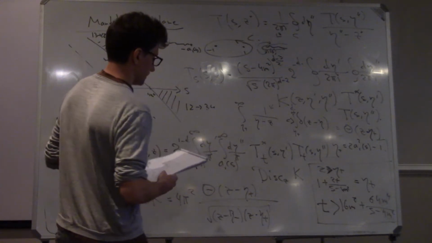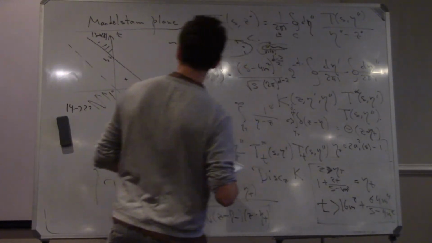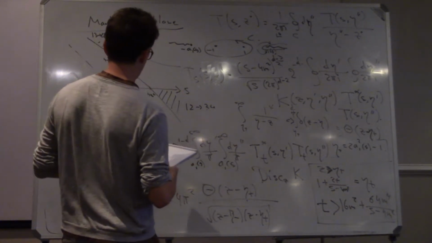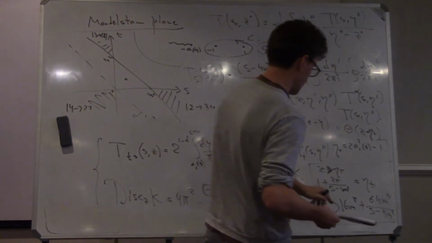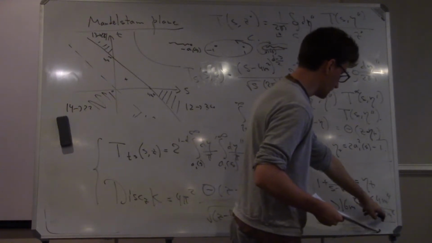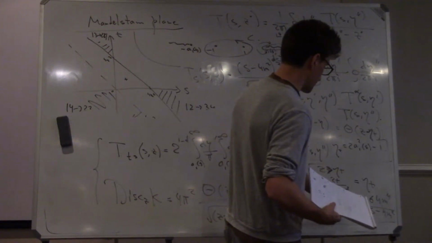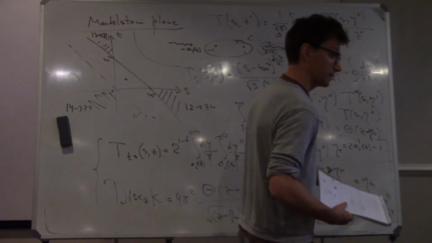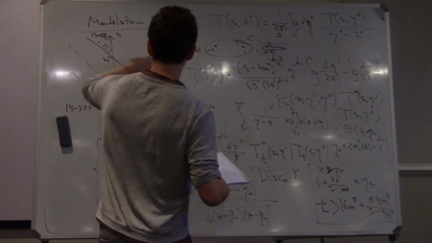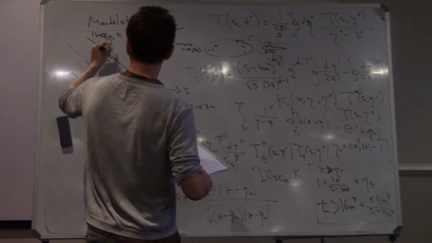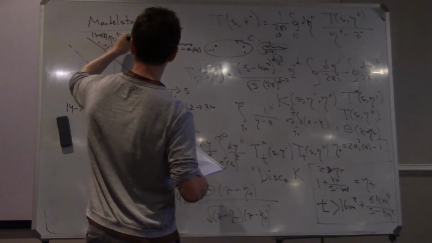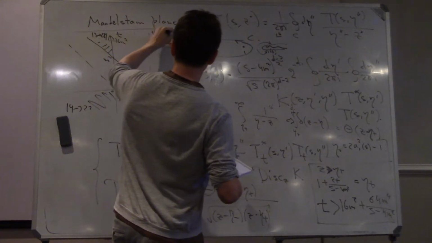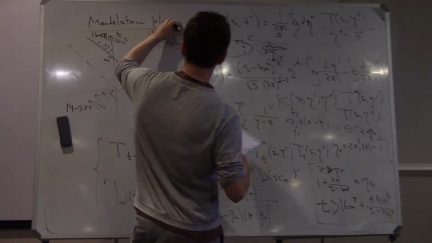It's kinematical, and this region here has support somewhere here. So you see that first of all, when S is larger than 4m squared, then t is larger than 16m squared. And when S goes to 4m squared, this goes to infinity. So the way it looks is like this. And here there is 16m squared. So there is this support. And this function is known as the double spectral density.